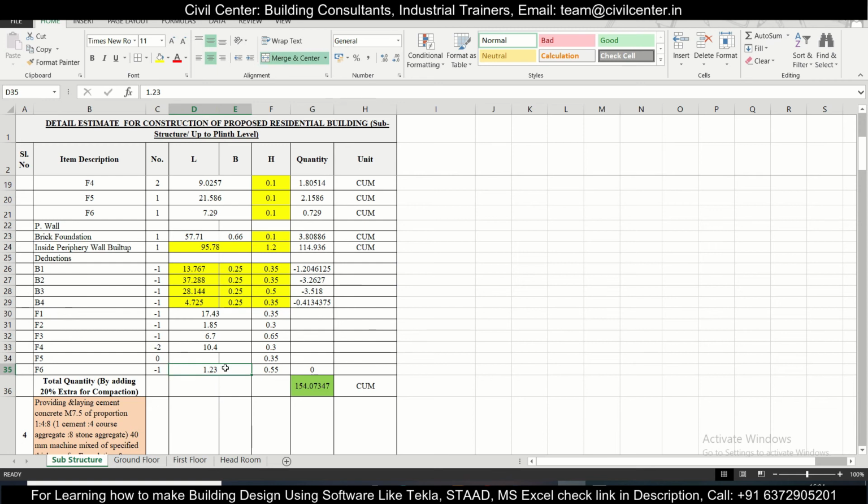So this will be the deductions for the footings, and now we already deducted for the beams. But we need to also deduct for the periphery wall also.